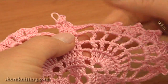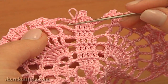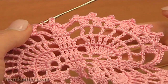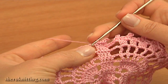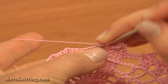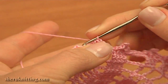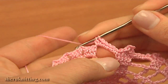As you can see, this is the bottom part of the body. This is the butterfly's body. Now continue this row, crocheting the second wing. Into the chain space, single crochet 4, 1, 2, 3, and 4. Then chain 2, double crochet 2 together, first double goes into the same chain space and